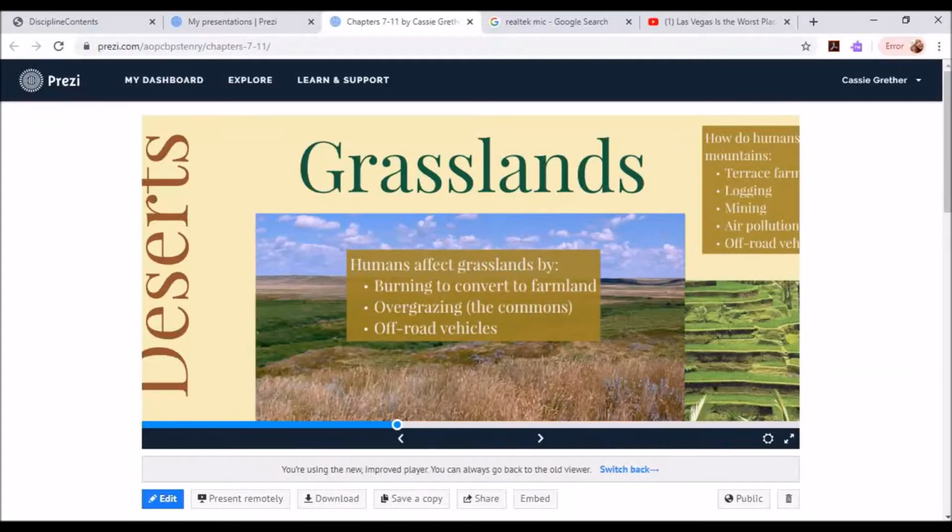So last time we were talking about how humans affect different types of biomes. Grasslands, I think we talked about grasslands, but maybe we didn't, so I'm going to go ahead and talk about them anyway. So grasslands, humans affect grasslands by burning them, a controlled burn of the whole thing to convert it to farmland. Grasslands actually make really good farmland, and part of that is because of the adaptations the grasses have. They have most of their biomass in the soil, and so when they die, they take that carbon